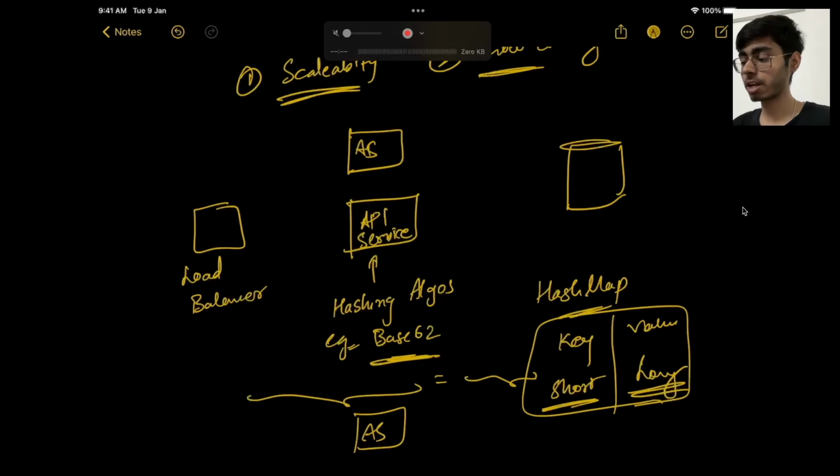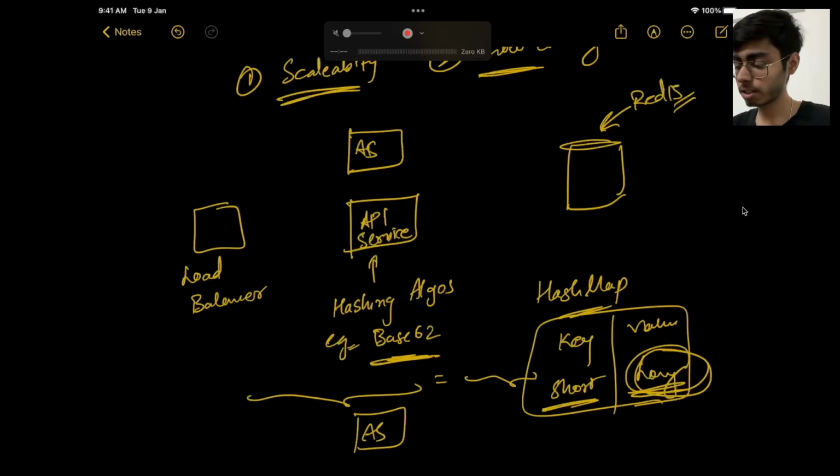And the best example is cache databases, which is Redis. So you can use a Redis database because most of the time your users will be clicking on the same link and you want to access the same long URL for that short URL. Okay, so you need speed in your system. Cache databases are very fast because the cache memory is located very near to the CPU. So it is faster to fetch the result from a cache database rather than using a disk database.